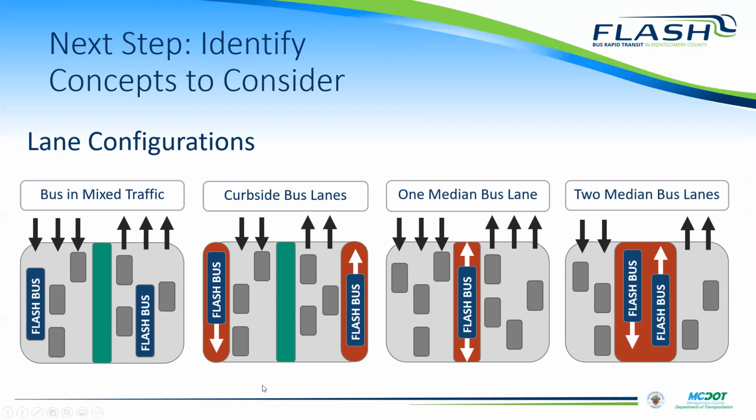These are various types of treatments that the county's using in various sections and other BRT type services are using across the country. We'll consider where we might put buses in the right of way, whether on the far left, whether buses are in mixed traffic, or next to that to the immediate right in the curb lane, and exclusive dedicated only bus lanes where only buses travel, potentially even in a median in a peak period orientation, or potentially lanes in each direction in the median. We'll also think through how the BRT service will be aligned at the intersections along with station access needs.